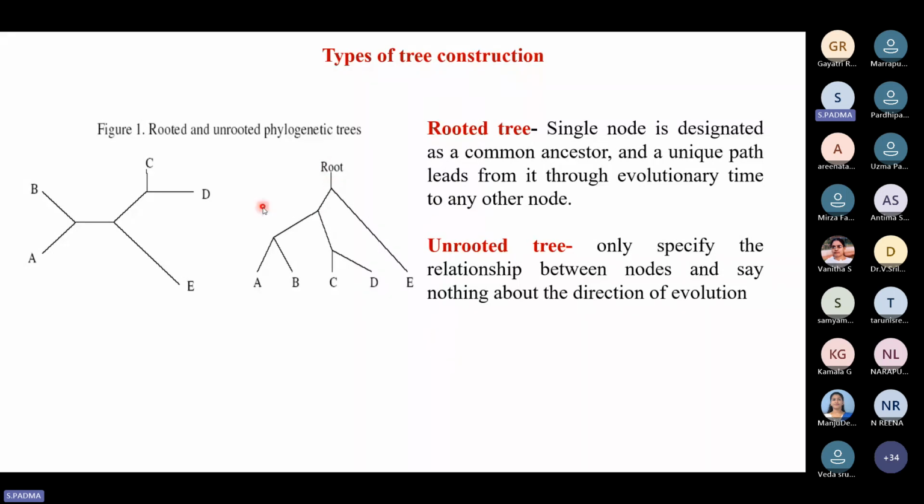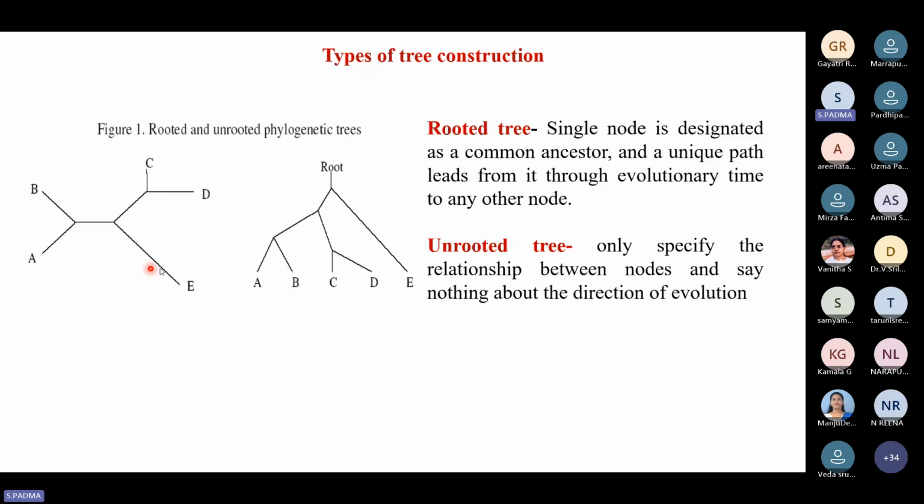Now, if you see the unrooted tree, the same samples A, B, C, D, E, here you have seen that E is completely out here, so it is an external node. But now, in the case of an unrooted tree, what is it that you are observing? In the case of an unrooted tree, these node points are in some way related to each other. They don't tell us anything about the